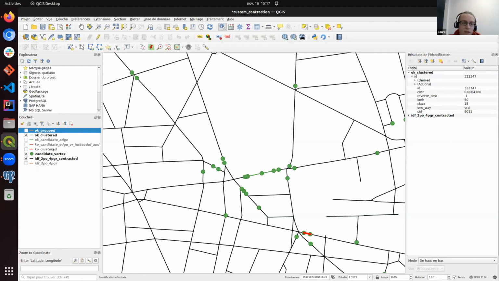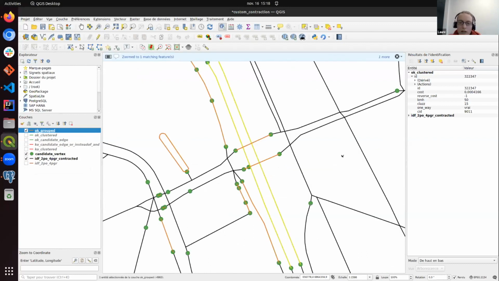And then I will show you the result when the data is grouped by attribute. Visually, you won't see the difference here, but I have selected a few cases where we can see that the merging would go wrong. So I'm going to select on another screen.